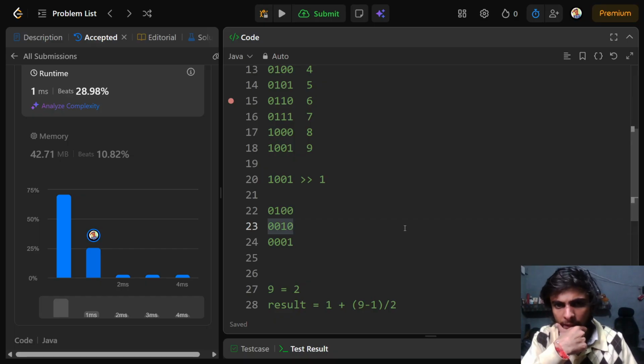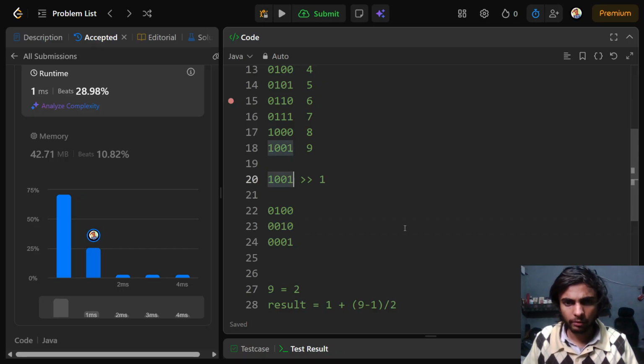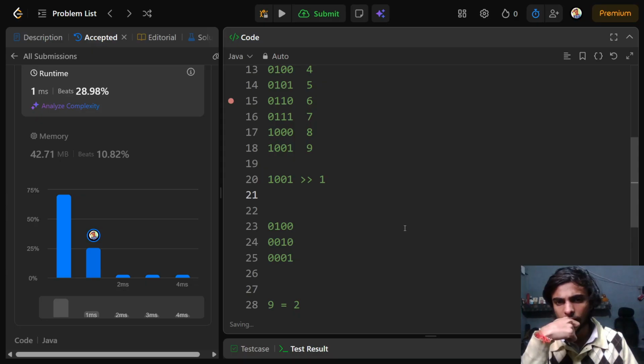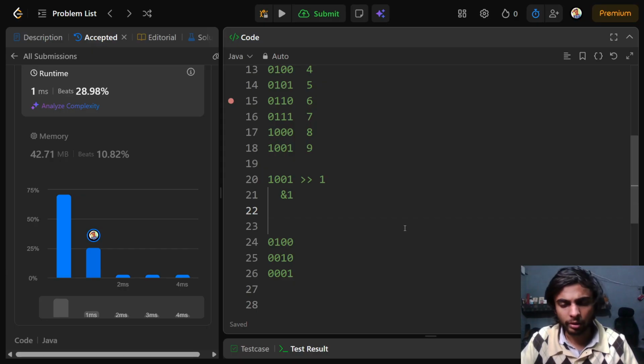How can we do that? How can we check if 1 is at the end, like if this current bit is 1? Can I make use of AND? This was the number, and if I AND this with 1, if it's a 1,